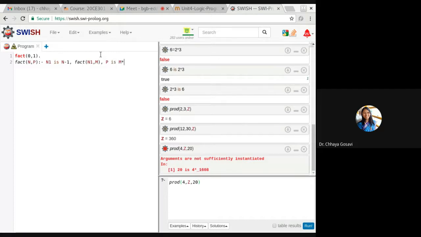It doesn't make any difference. You can write m into n or n into m. Full stop.